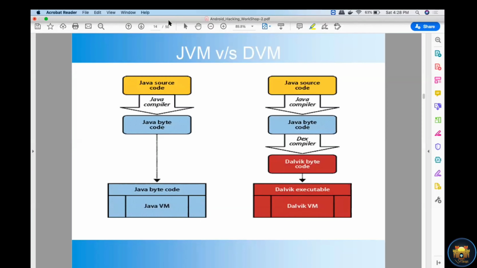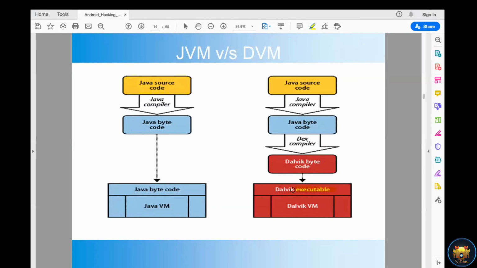In the case of DVM, the Dalvik Virtual Machine, Java source code is compiled using the Java compiler into Java bytecode, then the DEX compiler compiles it into Dalvik executable bytecode, and then the Dalvik executable runs on the Dalvik VM. So here Dalvik is used to optimize your bytecode, so your application runs smoothly on mobile devices.